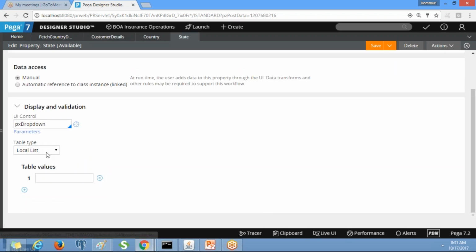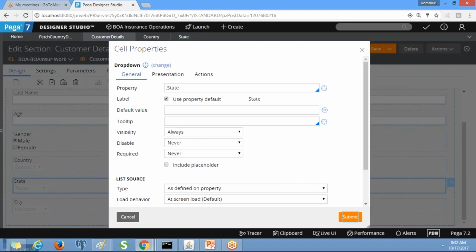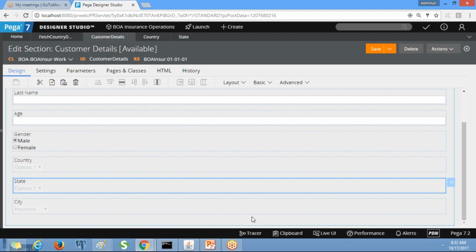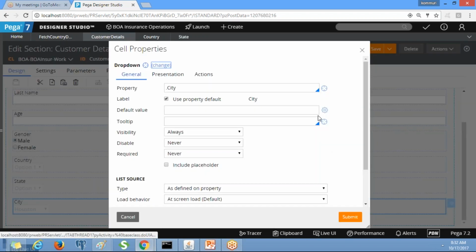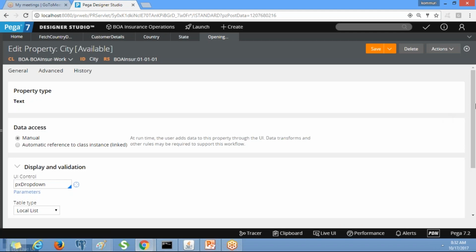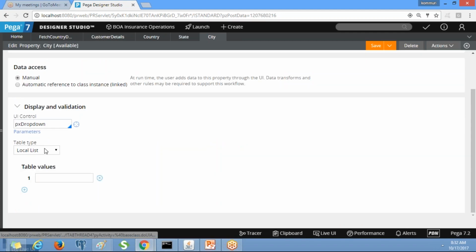First you need to remove, then you need to select none. Go to the city and remove the values.